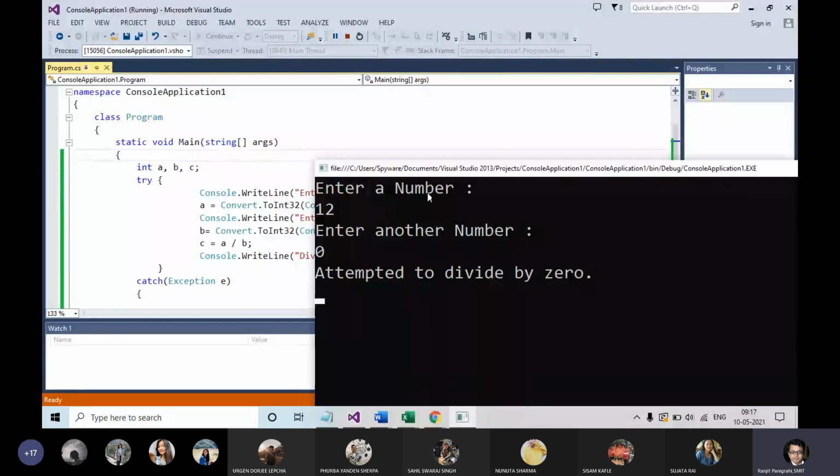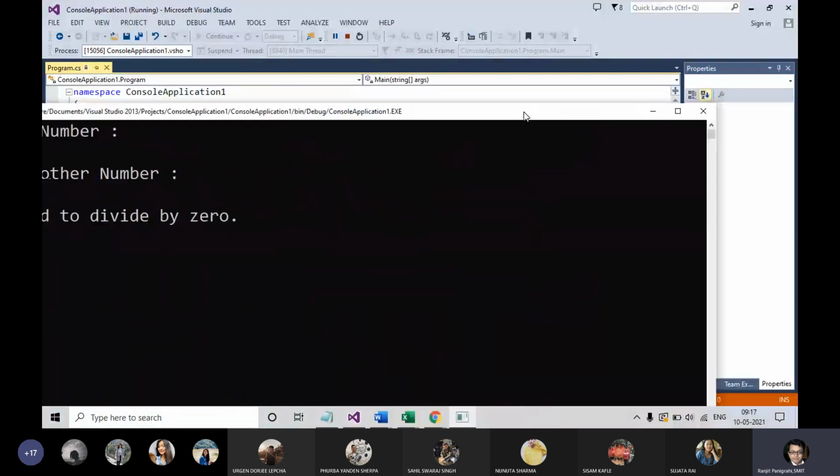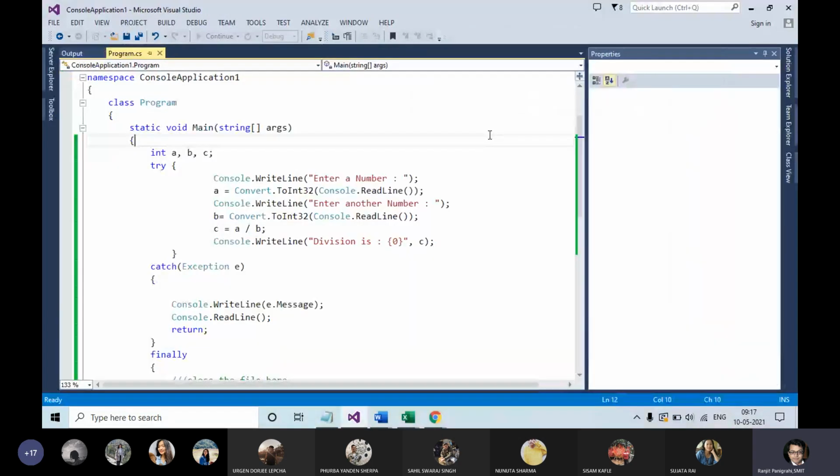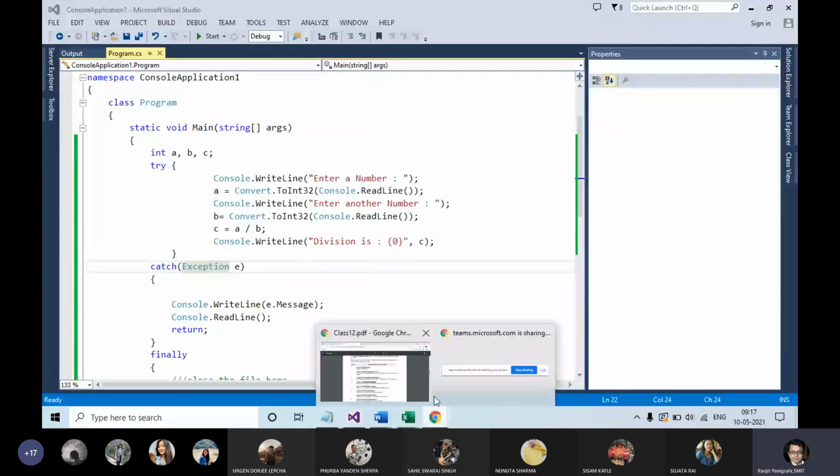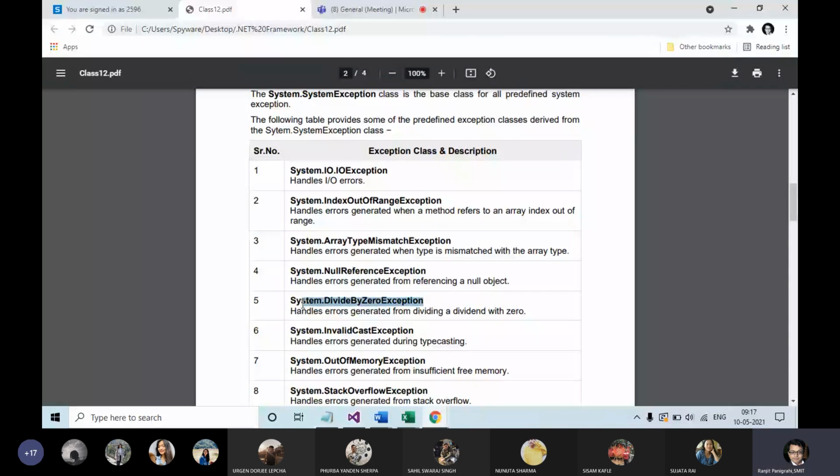Attempted to divide by zero. So you are getting this error message through the exception class. Instead of the general exception class, I can use the specific exception object, System.DivideByZeroException. This class I can use directly over here.